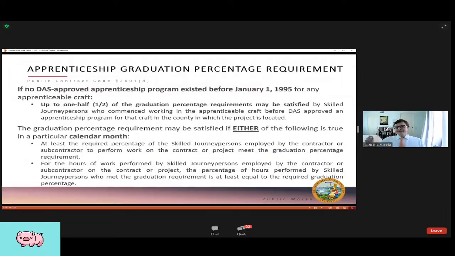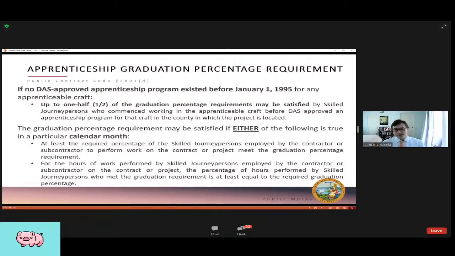Okay, this is a limited exception. It doesn't specify an actual trade. You're going to have to be familiar with your trade and know whether this is true. Only one classification has been brought to my attention so far, but you'd have to check with DAS. Let me get out ahead of this question. We don't have all this information. We enforce the law. David's going to get into that and how we recently got involved. But if you have a question and you think that this limited exception might apply, you'd have to contact DAS to see where